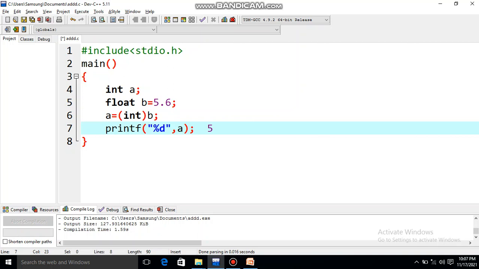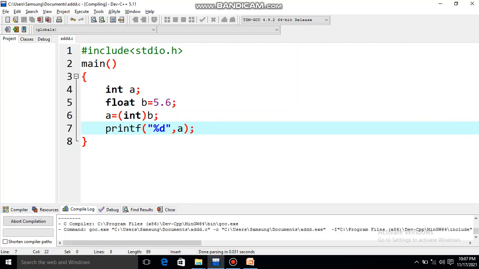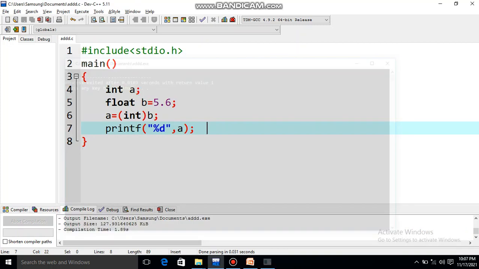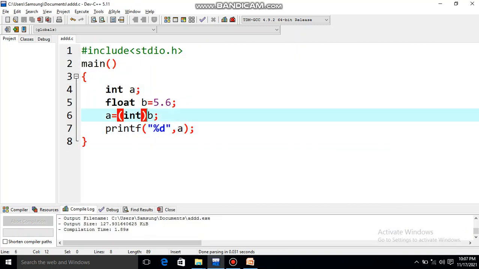But it depends on the compiler also. In some compilers typecasting is done automatically nowadays, and in some you need to write this code. So let us see whether Dev C++ supports it or not. Save it, run it. See, now it is coming like 5. It was 5.6, but it got converted. Now let us see whether this compiler does it automatically or not.